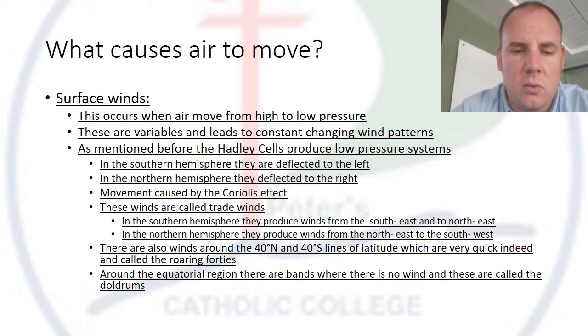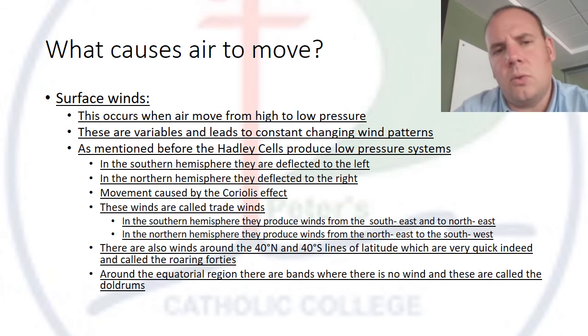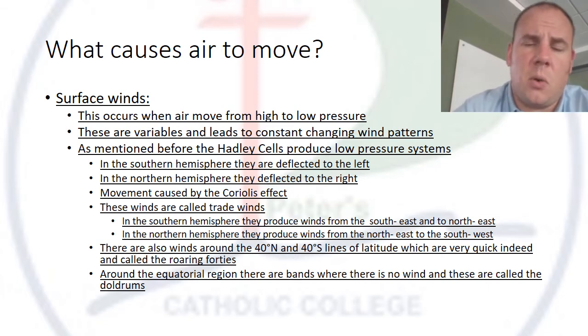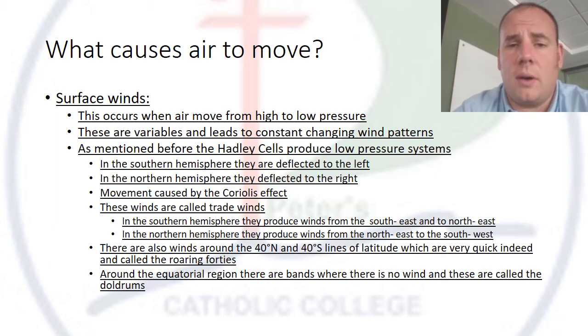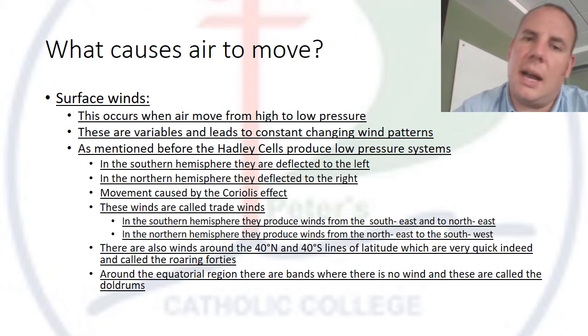In between those cells, we have what's called trade winds. In the southern hemisphere, they produce winds from the southeast to the northwest. In the northern hemisphere, they produce winds from the northeast to the southwest. Why are they called trade winds? Well, they were discovered by sailors, and they helped early sailors navigate around the world. That's why it took a good 400 years before people started going from Europe to Asia,